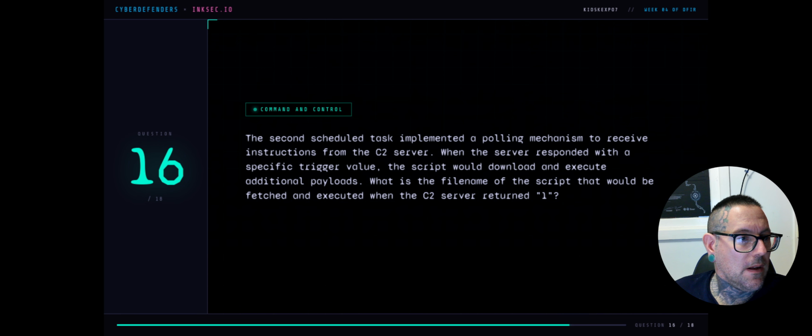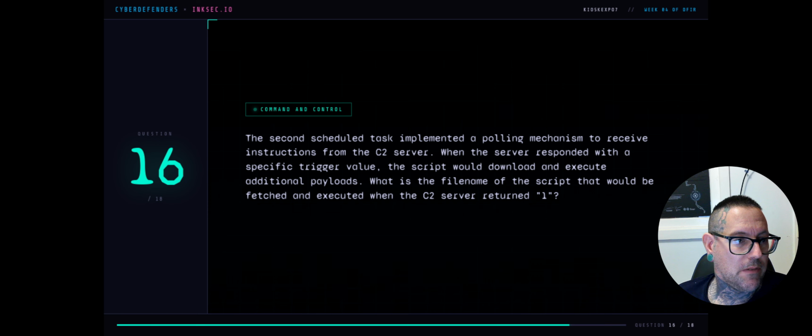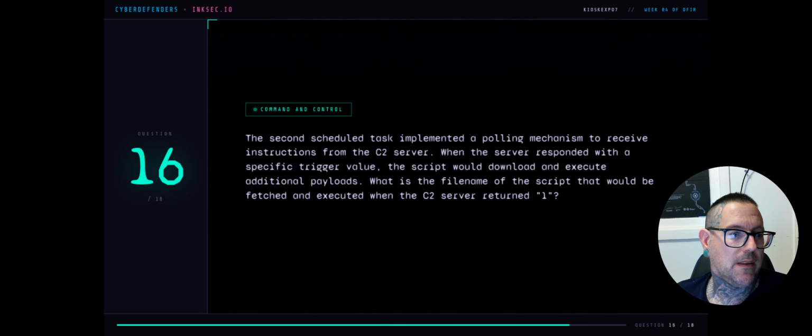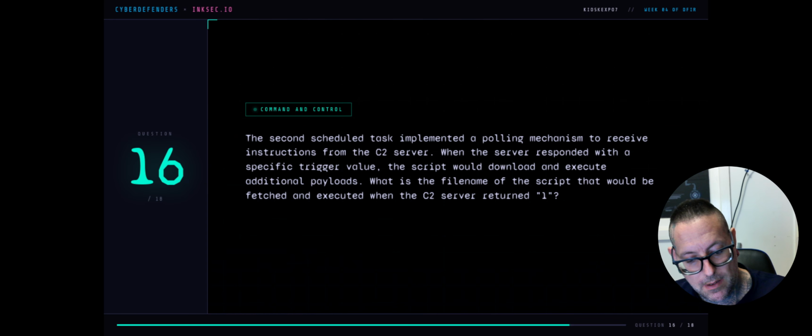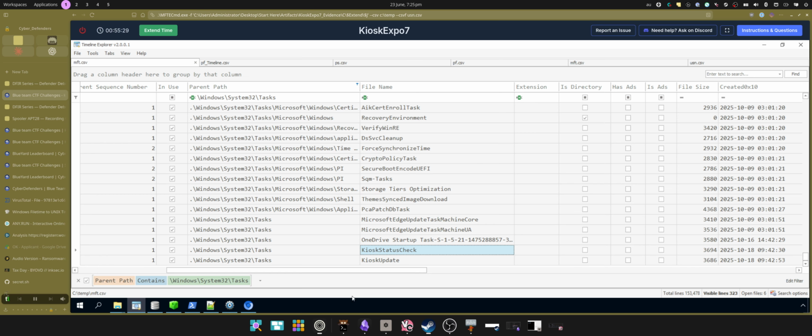Command and control. The second scheduled task implemented a polling mechanism to receive instructions from the C2 server. When the server responded with a specific trigger value, the script would download and execute additional payloads. What is the file name of the script that would be fetched and executed when the C2 server returned 1? So if we jump onto, well, actually, we already discovered these scripts earlier. Remember in resident,